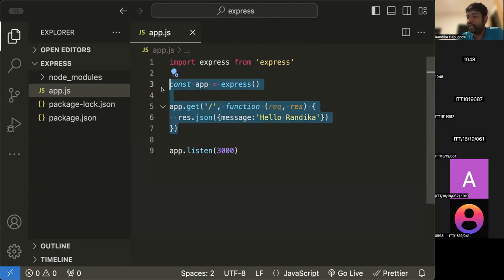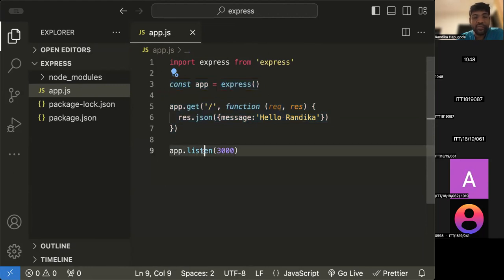It needs to start working. So that's why we use the listen method. That means we need to say, okay, we will start our application on port 3000. Since this is a web server, a web service, we'll simply have something on port 3000. You can use any other port which is available on your machine,